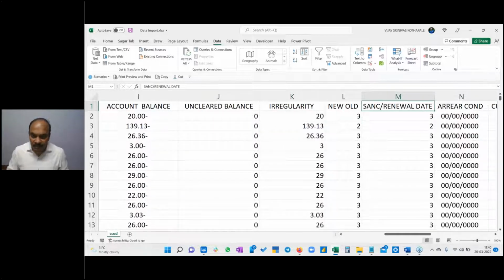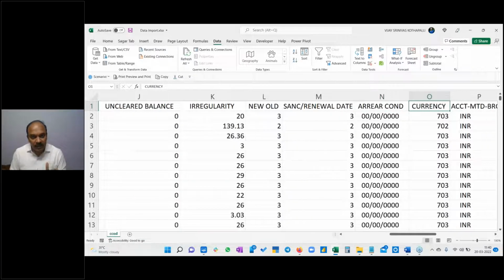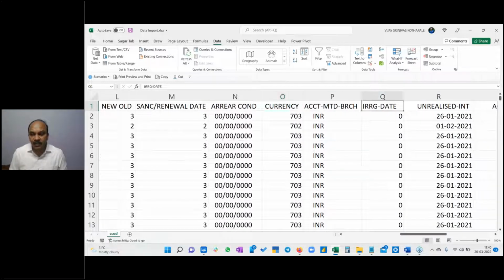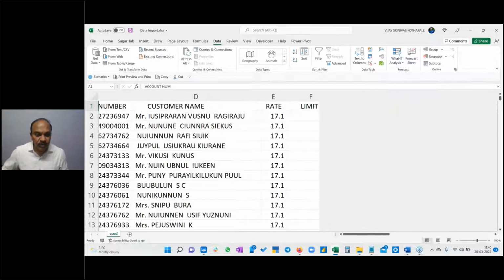Okay, so this is with regard to the CCOD file, where I believe we all know what it contains. This is also covered in the engagement letter saying that this is the minimum field, where it speaks about the new IR classification and old IR classification. If any rescheduling has happened, or any difference in terms of EMIs has been rescheduled, considering the moratorium circular, whatever it is, everything will be displayed over here. We'll see what kind of analysis we'll make, and we'll quickly also import the term loan as well,